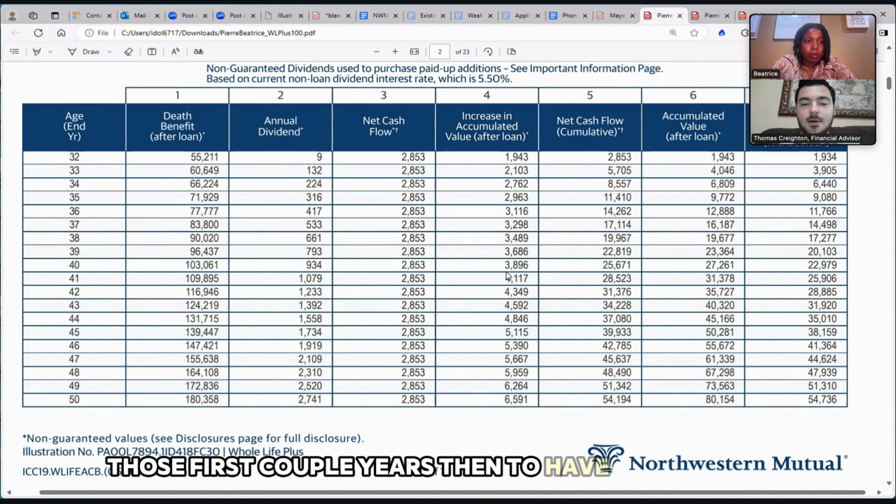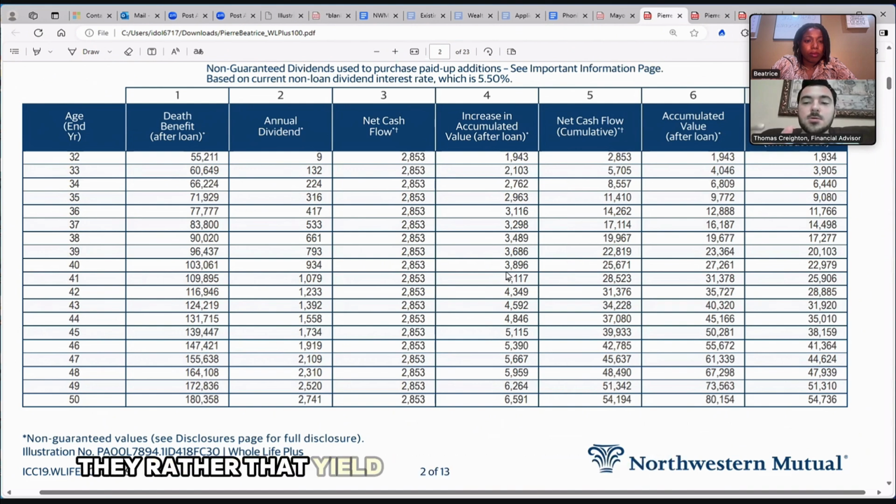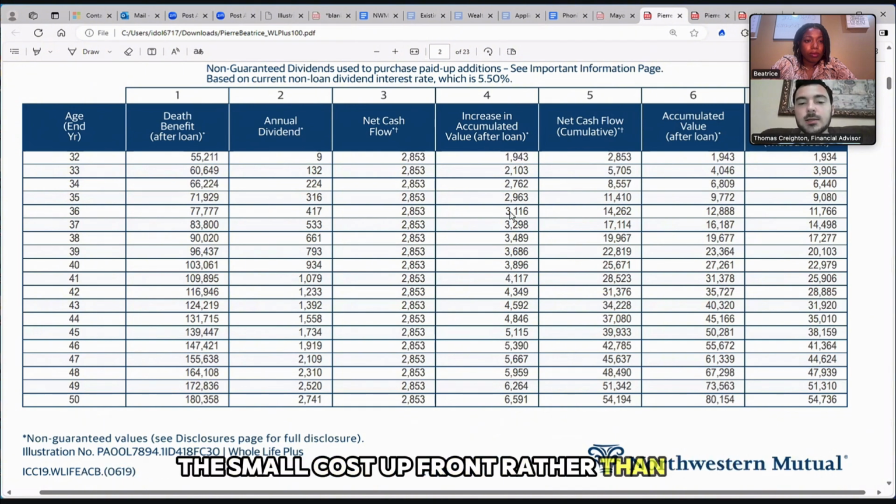So someone says, hey, alternatively, I'd rather take the initial cost up front, those first couple of years, than have tax-deferred and tax-free accumulation benefits for the next 10, 20, 30, 40, 50 plus years, and also a likely higher yield advantage, or relative advantage, with what Northwestern Mutual can do versus if I just sat my money in cash or savings accounts, etc. They'd rather have the yield advantage and the tax advantage with a small cost up front rather than, hey, everything I earn long term has to be taxable.